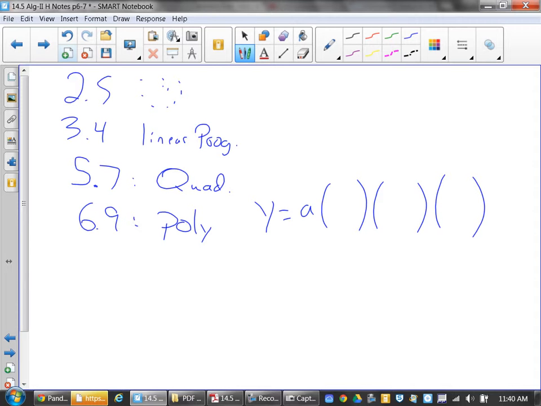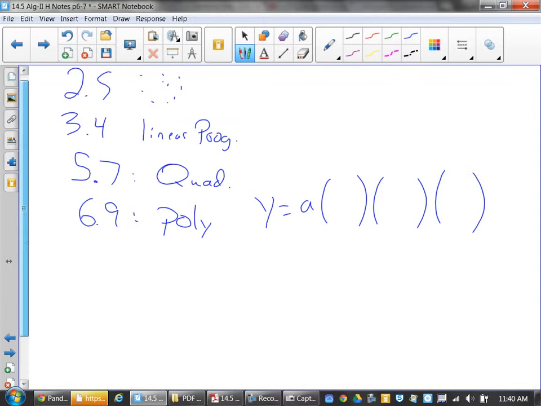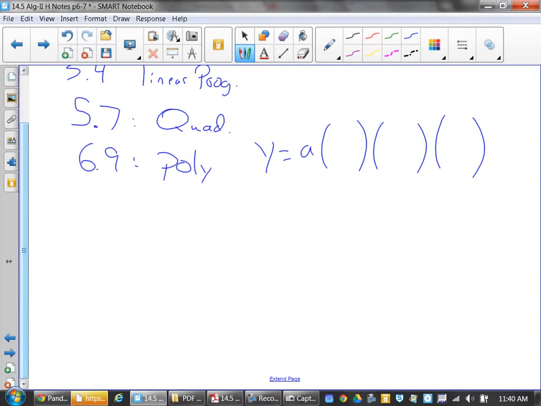Wait, so 3.4 is the word problems? Wait, how did you put the constraints matrix thing on the calculator? You don't have to worry about it, I'm not making you do it. I don't have that in here. Did I miss that? Linear programming. Then it was,